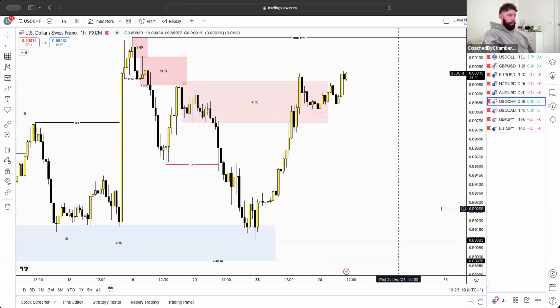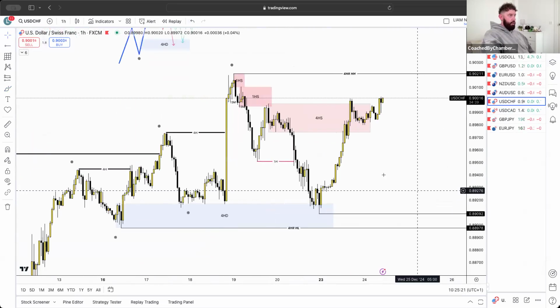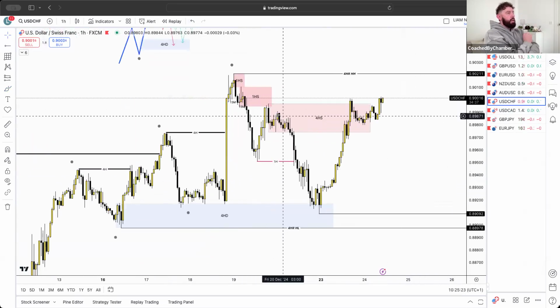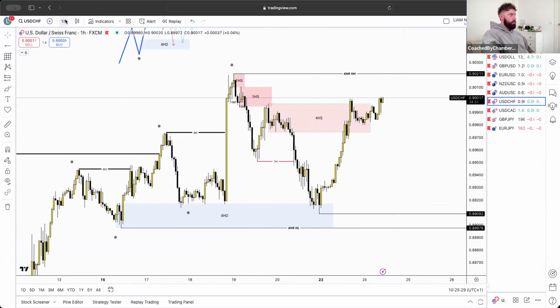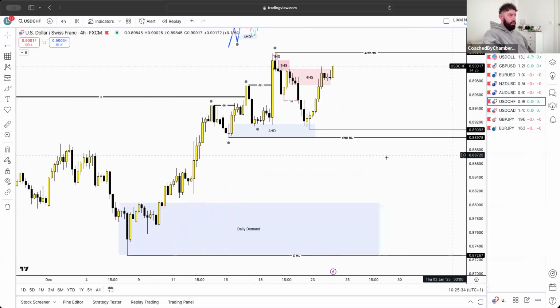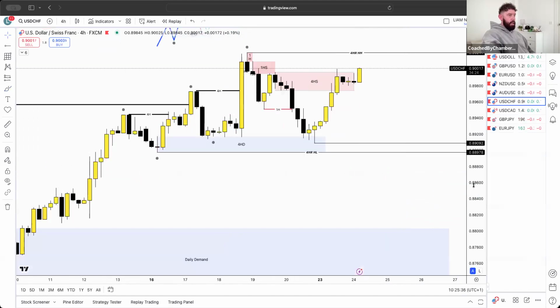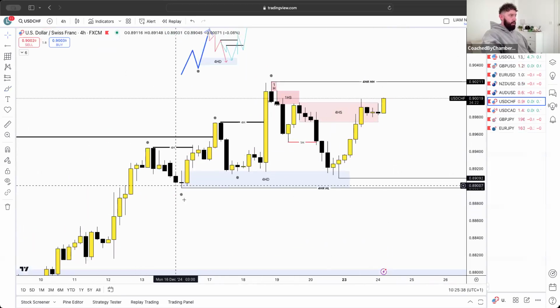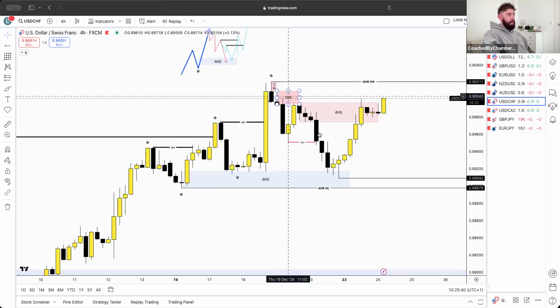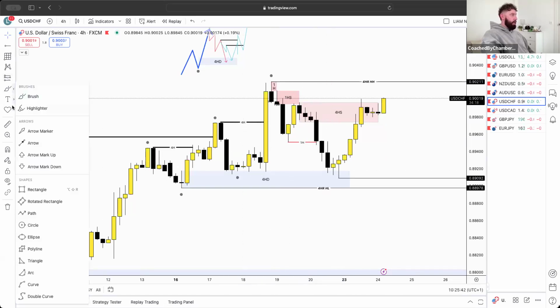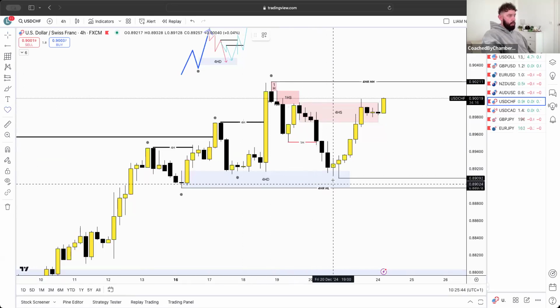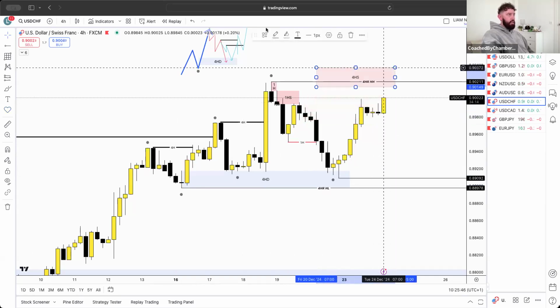So USD CHF, yesterday we had this 4 hour, but it was more of a 1 hour supply area, but we broke above this, which confirms to me that we are still in this bullish uptrend. And the reason we're in this bullish uptrend and why we should be more confident now is because our overall trend from the 4 hour is bullish anyway. If you remember, we have obviously created our 4 hour higher high, higher low, higher high. This is now being confirmed as our higher low. Well, it is going to be if we break above this.